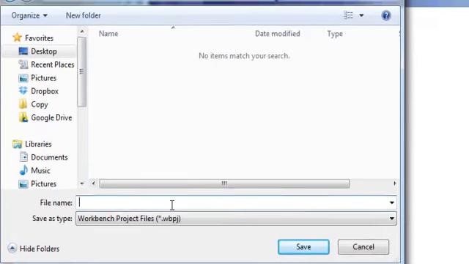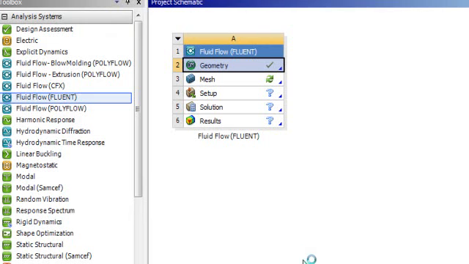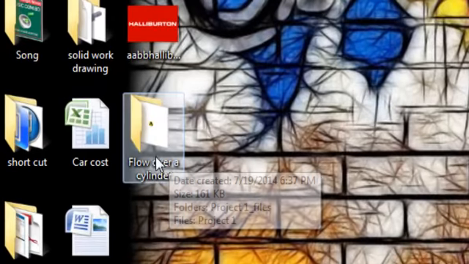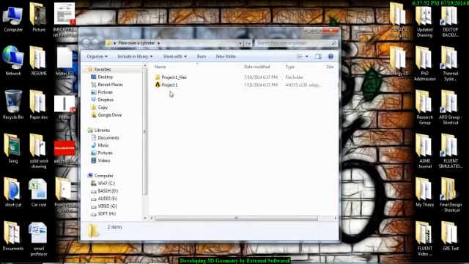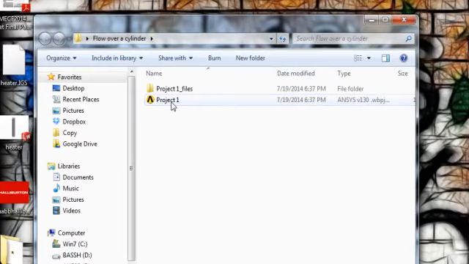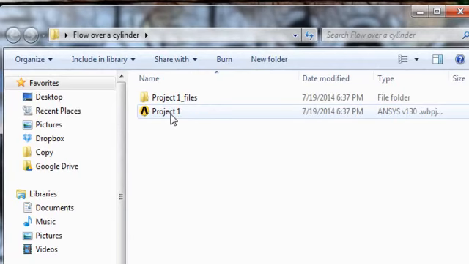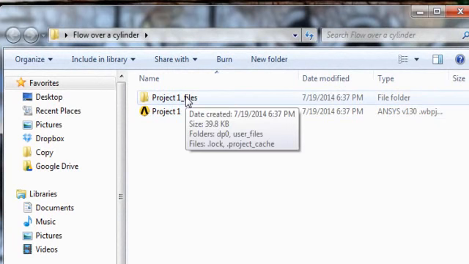Let's say this is project 1. The extension of this file is workbench project file, or .wbpj. So save it, and it will save your file. If you go to the desktop and see the folder where you saved it, it creates two files. One is the ANSYS Workbench executable file, and the other is your backup reference files, or the user